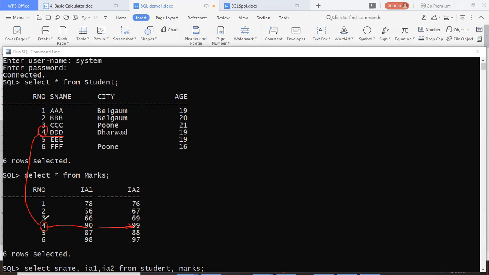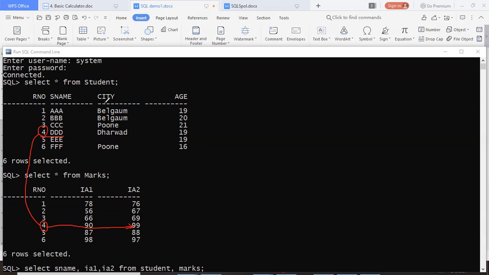You took that roll number to the marks table, and from roll number 4 you fetched IA2, and thus your answer: DDD's score in internal exam 2 is 99 for one particular subject. So this is how your brain has worked.